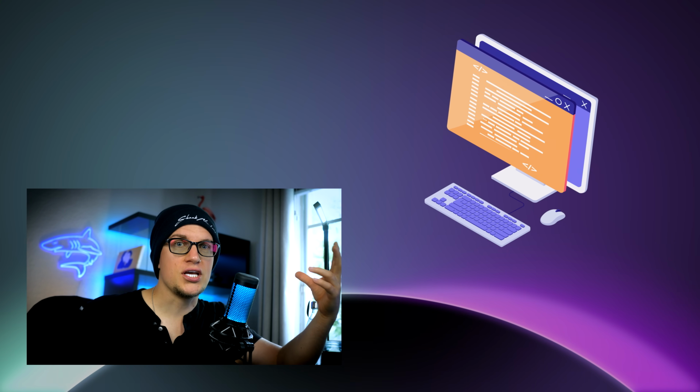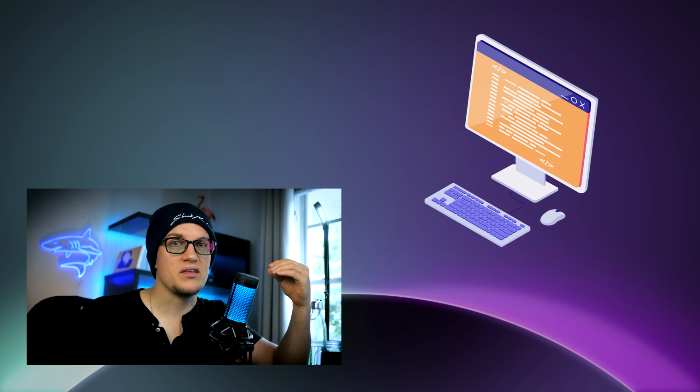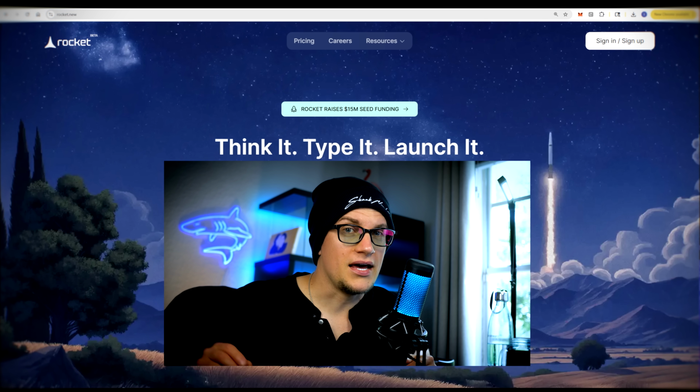The other category includes tools designed for real coders. If you are an engineer and need AI to speed things up, that second type is for you. What happens when the best of both worlds collide? Boom! When you need to build something serious but don't want to browse through lines of code, that's when Rocket